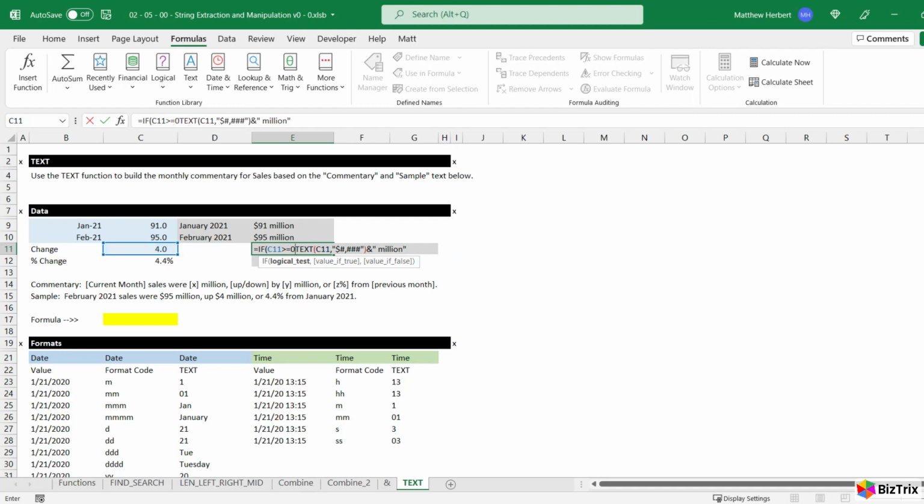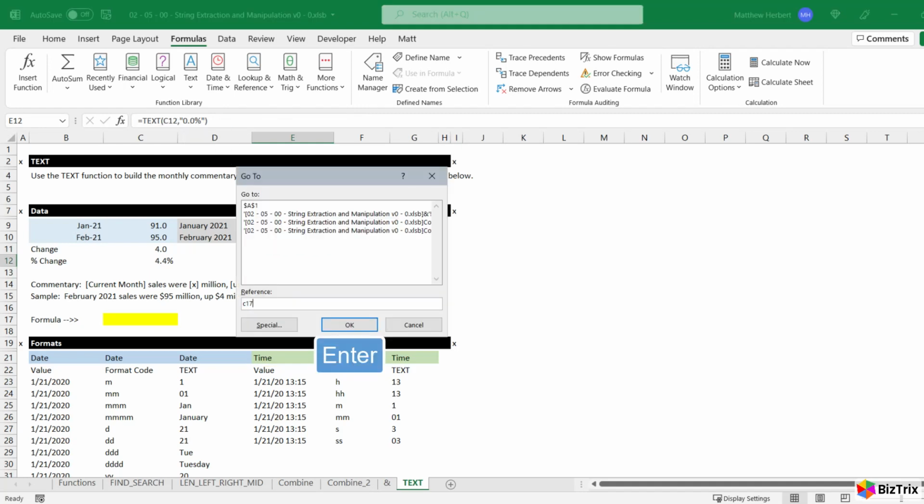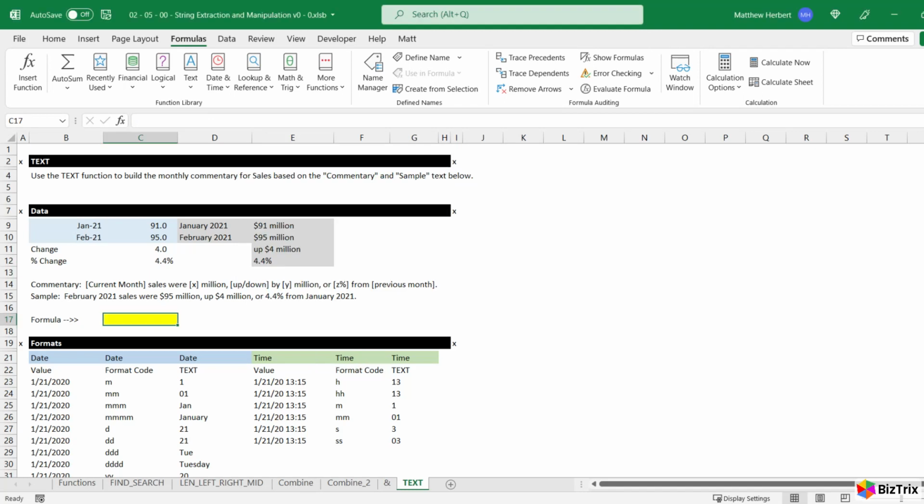Type 0 followed by a comma. Type the word up wrapped in double quotes. Type a comma. Type the word down wrapped in double quotes. Type right parenthesis to finish the if function. Type ampersand, double quote, space, double quote, enter. Let's take one last step to finish the commentary. Move to C17 and concatenate the cells together to build the commentary to match the sample. Type the following: equal sign,